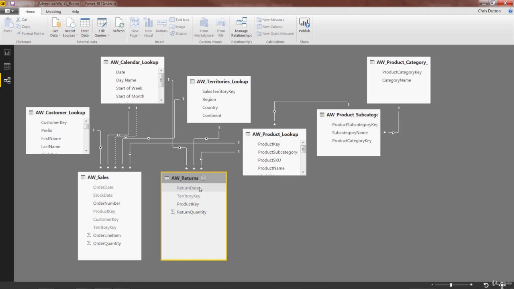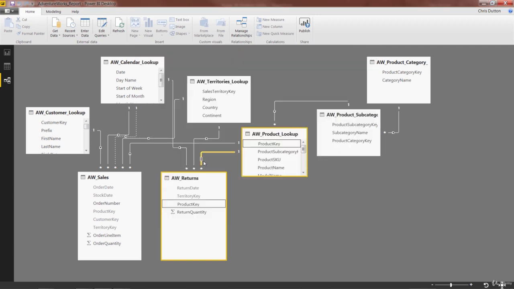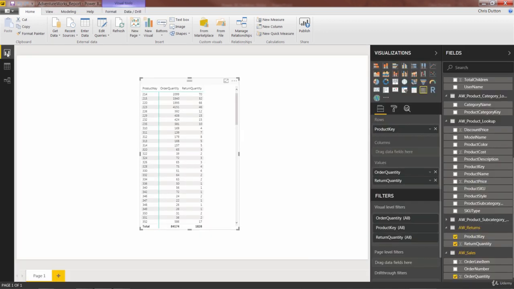So here's where things get a little bit interesting. Let's actually edit this relationship between AW returns and product lookup. And what it asks us to do here in the second part of question 4 is to change the cross filter direction from single to both. And when we press OK, we'll see the little arrow icon convert from a single arrow to a double arrow. Now we have a two-way relationship between returns and product. And now, returning to our matrix, we see what appear to be correct versions of this order quantity field, or